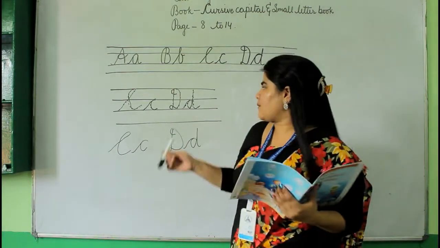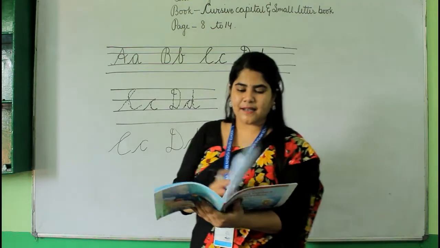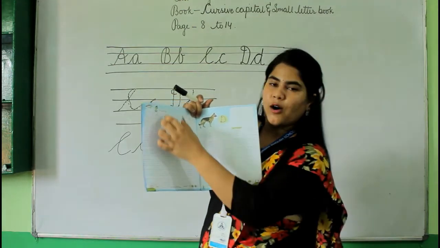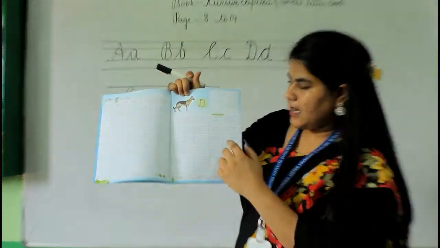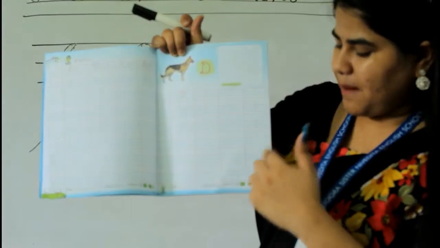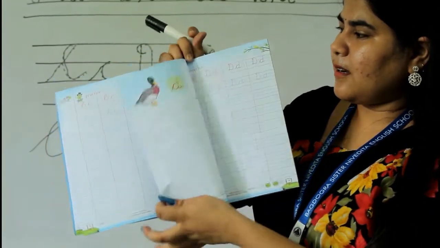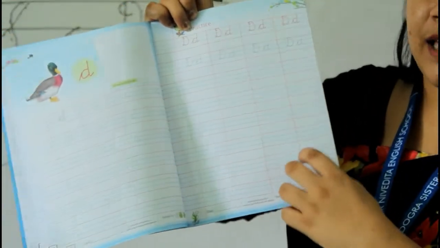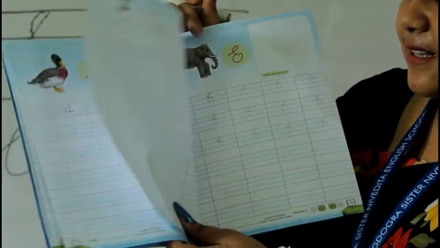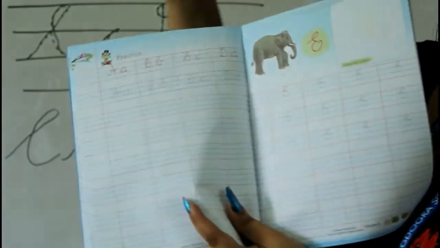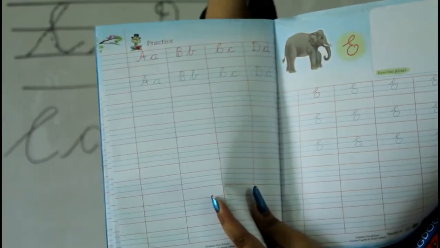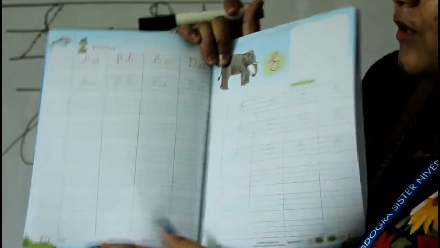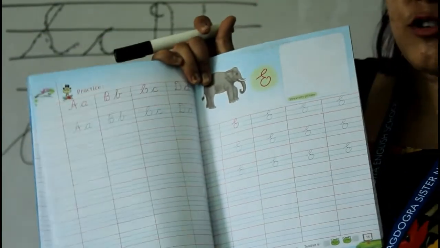In this way you are going to do pages number 8 and 9. Again, there is revision on page number 10, all revision work, and it starts with cursive capital D. Page number 11, page number 12. Again you will get the revision of capital and small D. And on page number 14, you will get all letters from A to D. That is cursive letters, not plain letters. Here you will get only one line to trace, and the rest you have to do by yourself.